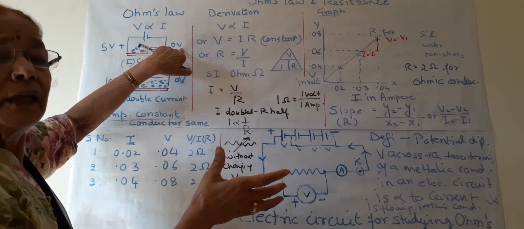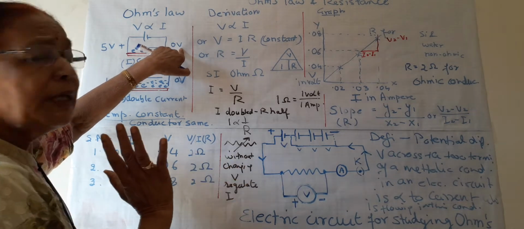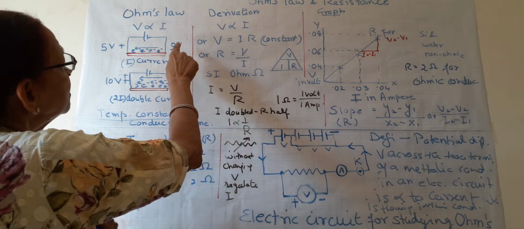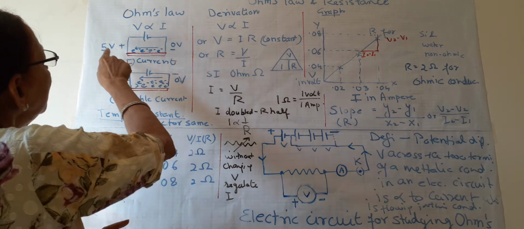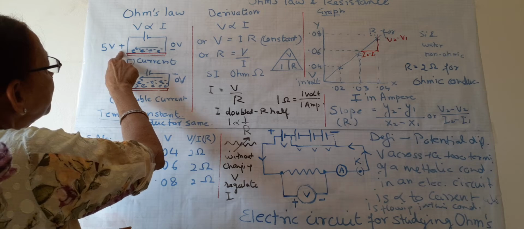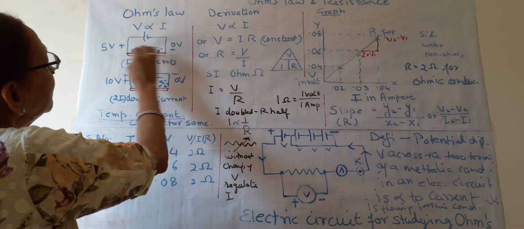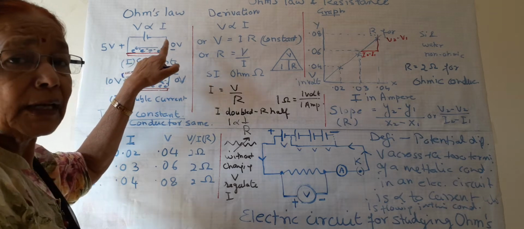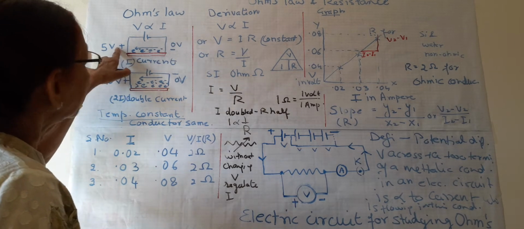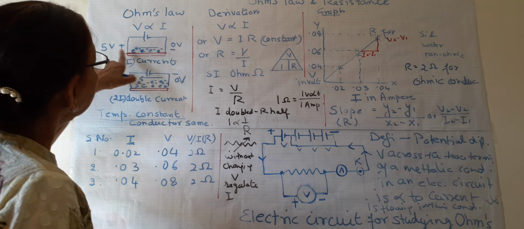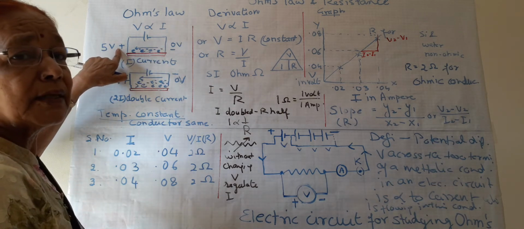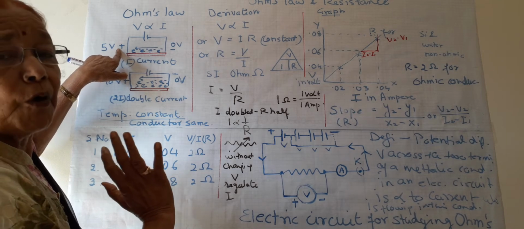Then on this negative side, it should be 0. You can take other also. But if we take 0 potential on the negative side and 5V potential on the positive side, then there will be a flow of electrons. Because electrons are negatively charged, they are attracted by positive charge, and in this conductor, they start flowing towards this terminal and a current is formed.